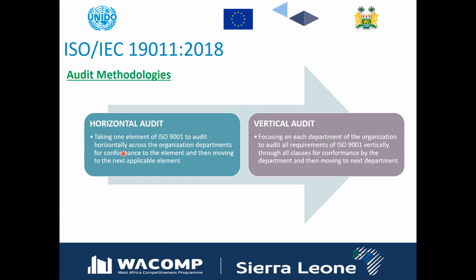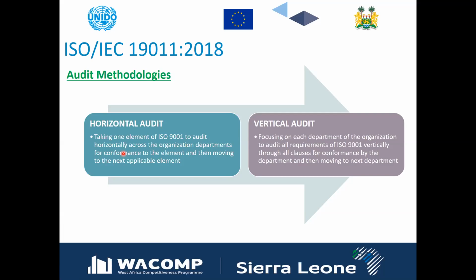There is a training department. Then you have to check how you have purchased the items in different departments. For example, if you are checking the document control class, then you have to check the document control class in the production department, the purchase department, the sales department, the HR department, the admin department: one class in all departments. That is called horizontal audit.